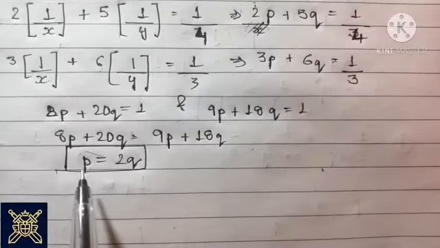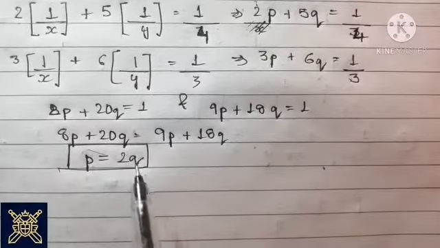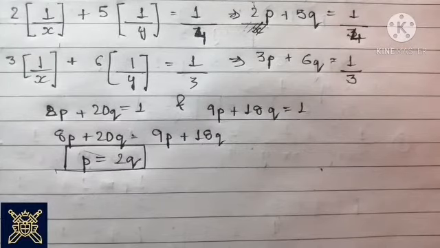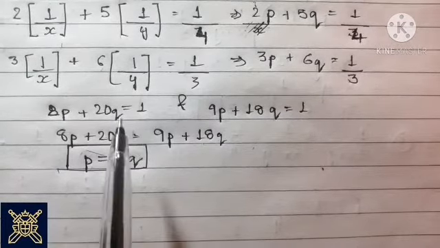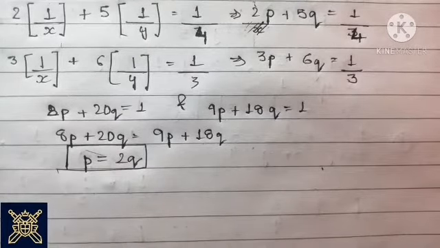But we did not have to find the value of one variable in terms of the other variable. That is the mistake most of you make. I did this just to tell you that in such situations, your aim is not to equate two equations. Your aim is to eliminate one of the variables.